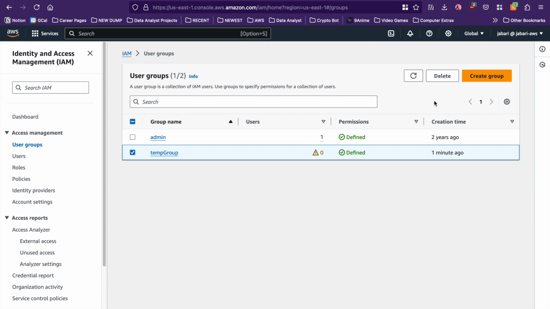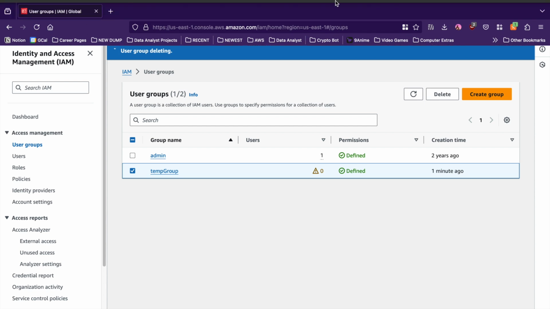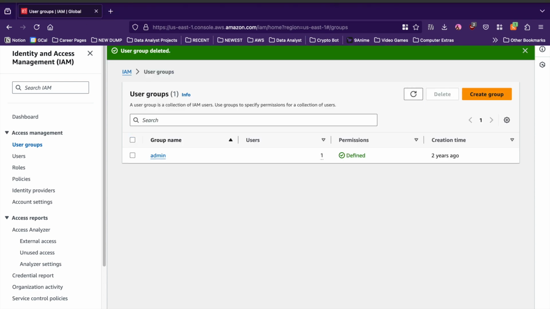So that's pretty much it for the IAM creating and deleting user account section. Make sure that you delete any ones that you aren't going to use or that aren't working properly,